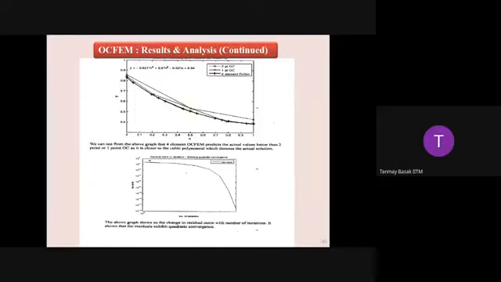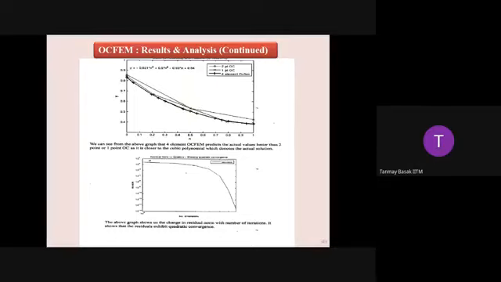This is the comparison with the analytical solution. We can see the 2-point OC, and then the 1-point OC, and the 4 element OCFEM. You can see how nicely the graph shows that a 4 element OCFEM predicts the actual value better than 2-point or even 1-point OCFEM. So that is the way we do the numerical experiment. This is the first thing we have learned for OCFEM, how we can do numerical experiments.